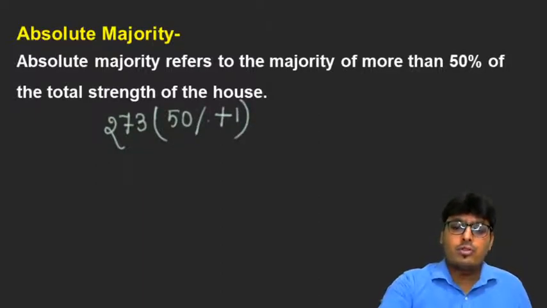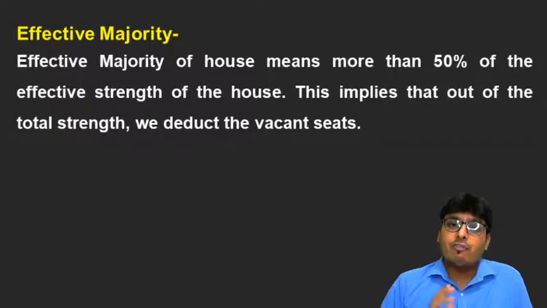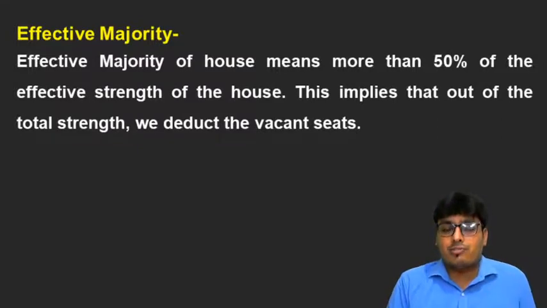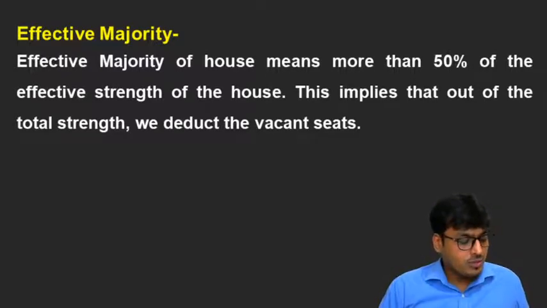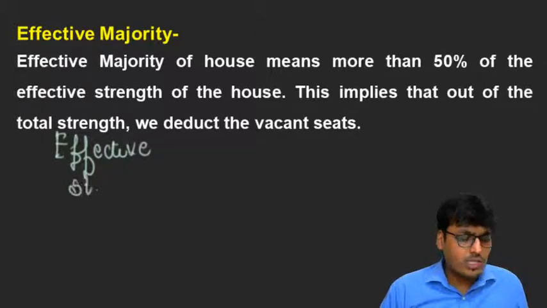Now, moving to effective majority. Now, effective majority refers to the majority of more than 50% of the effective strength of the house. Okay, 50% of the effective strength. Now, what is effective strength? Effective strength is total strength minus number of vacant seats. So, what about the effective strength? So, effective strength is total strength,